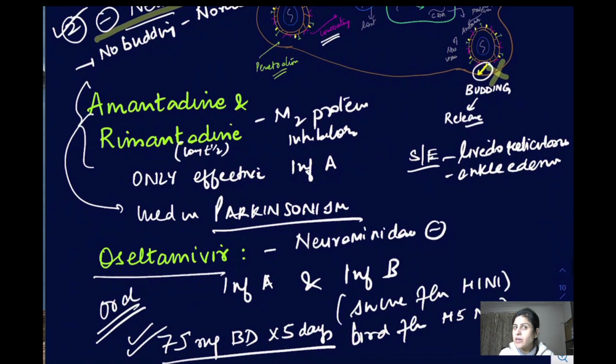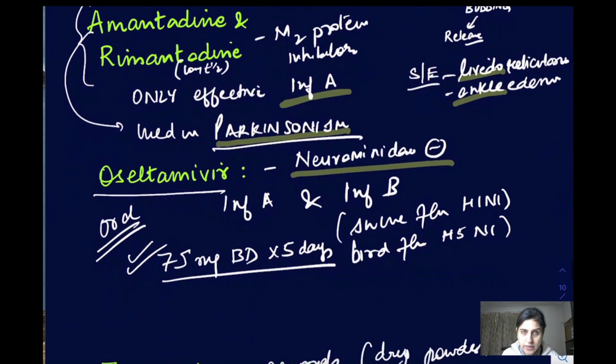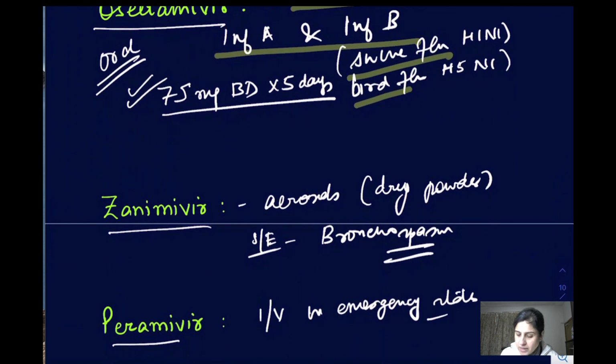Amantadine and rimantadine are the M2 inhibitors, and they are not very much preferred these days because of their narrow spectrum. They are only effective against influenza A, but amantadine is also used as an anti-Parkinsonian drug. So an antiviral used as an anti-Parkinsonian drug, the answer is amantadine. Livedo reticularis and angioedema are the side effects caused by this. Oseltamivir is a neuraminidase inhibitor, and these are the preferred drugs. It is preferred these days because it is broad spectrum and also very effective against swine flu and bird flu. Zanamivir is the same, but it is available as an inhalational powder. Peramivir is for emergency conditions, given by IV route.